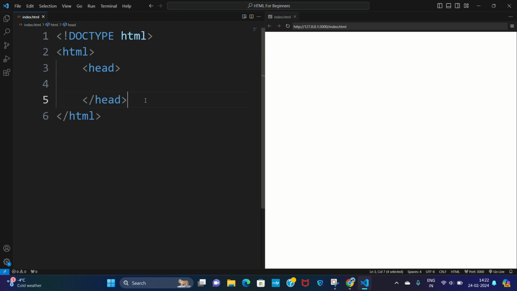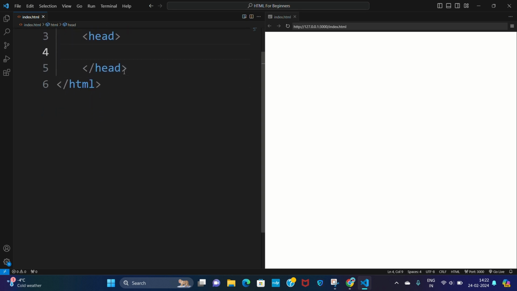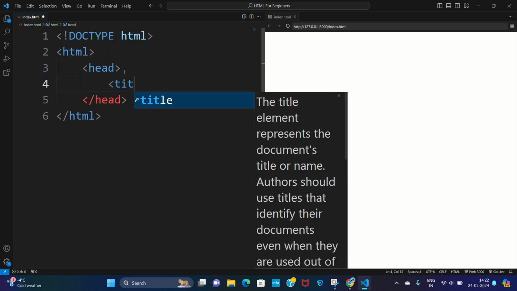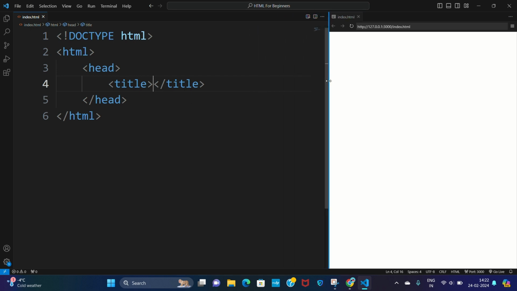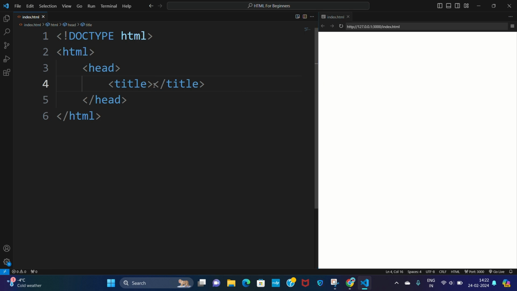This is the opening tag and this is the closing tag. So what's the use of this head? In head you can put title. Okay, now what's the use of this title? Let's move it a bit here. Now in the title I can put like this,